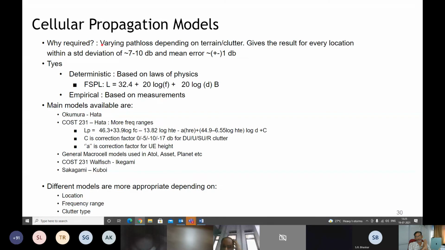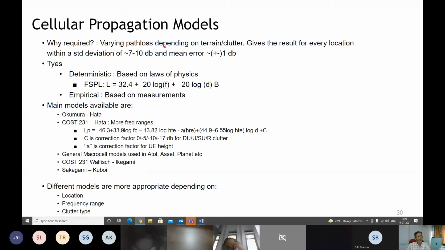I think there are 2 ships going there. So we were traveling and we could hold the call up to something like 58 kilometers. Because it is sea, there is no obstruction. It is only the curvature which is limiting the range. So with different terrain and different clutters, the coverage is different. So unless you define a propagation model which will suit different terrain and different clutter, you will not be able